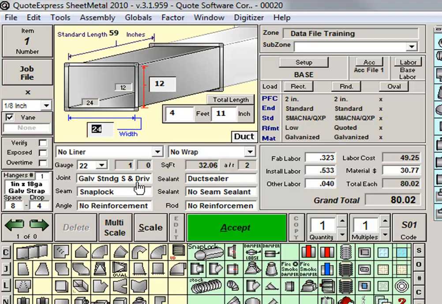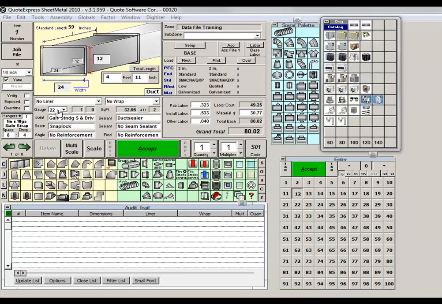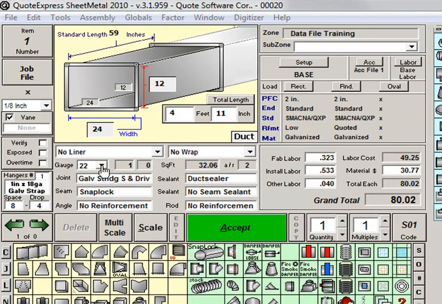To modify these, simply click one of the drop-down menus or the pop-up menus in order to modify any particular construction item, for instance, the gauge. As an example, we'll modify the gauge from 22 to 24 by clicking the drop-down menu and selecting the new